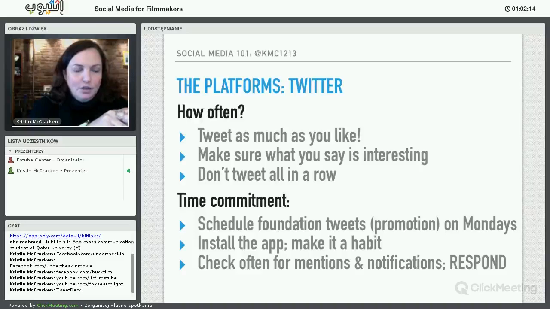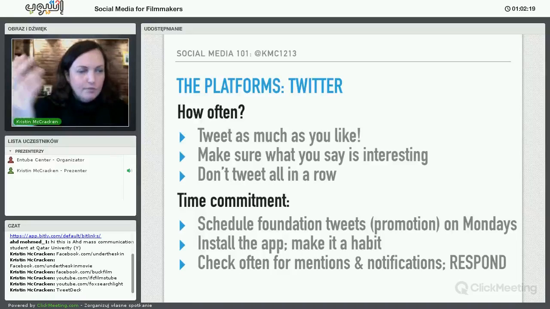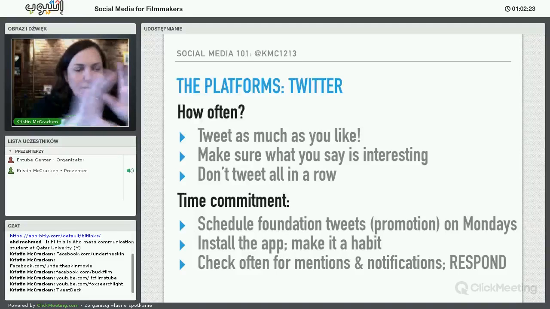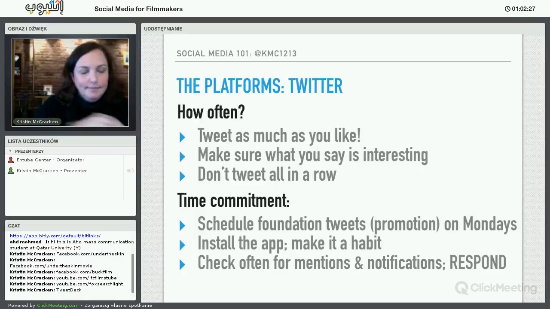tweets for the week, and TweetDeck also allows you to have various accounts open. So if you have your own account, a film's account, a production company's account, you can have them all. You can schedule things on all the different accounts at once. It's a terrific tool. So you can schedule things on Monday morning, 10 tweets for the week,